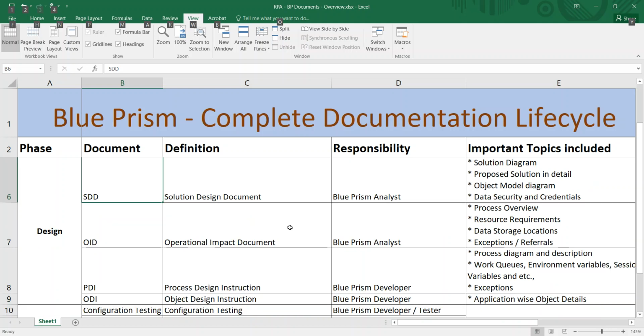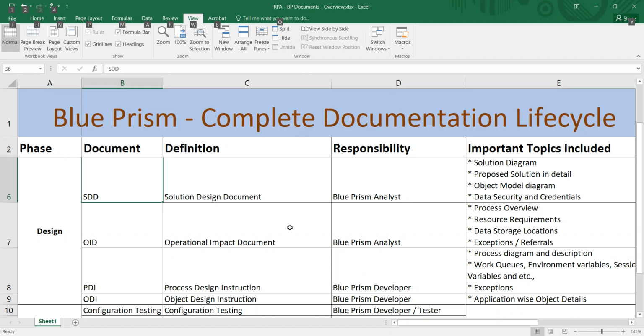So we will move on to the design phase. Once the PDD and FRQ have been created and the walkthrough has been provided with those documents, the SDD document will be created by the Blue Prism analyst. SDD means solution design document. It is a solution-related document: what solution we are going to give for the manual process described in the PDD.